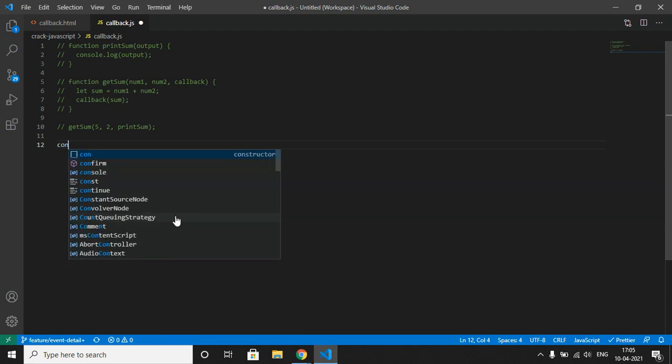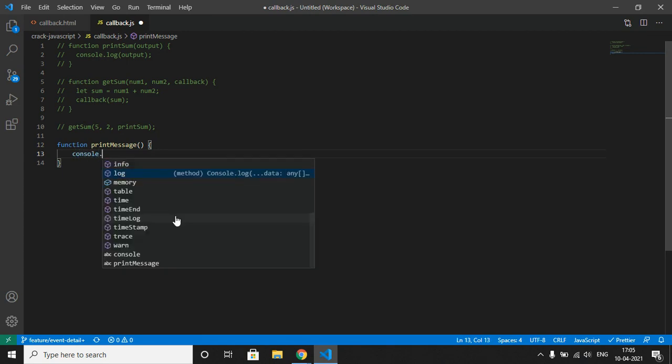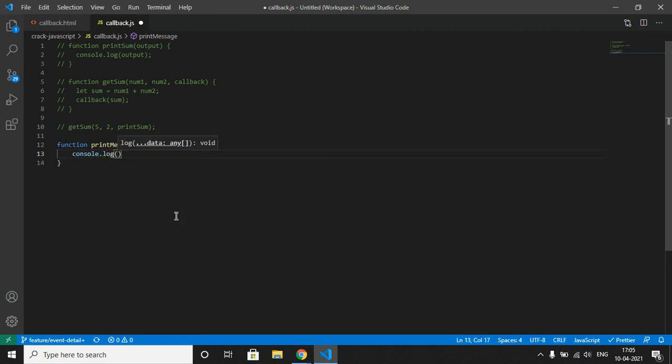Let me first create a function printMessage, which does console.log of Crack JavaScript.